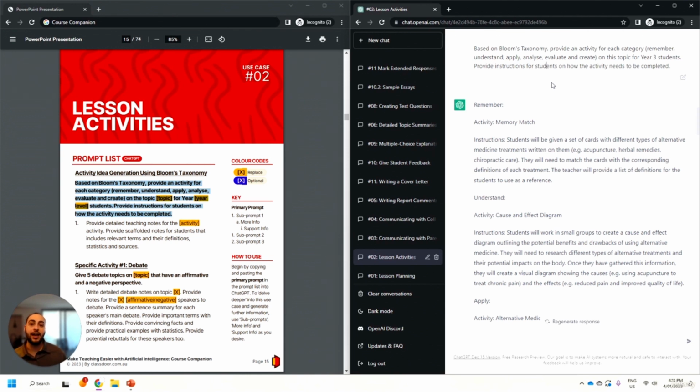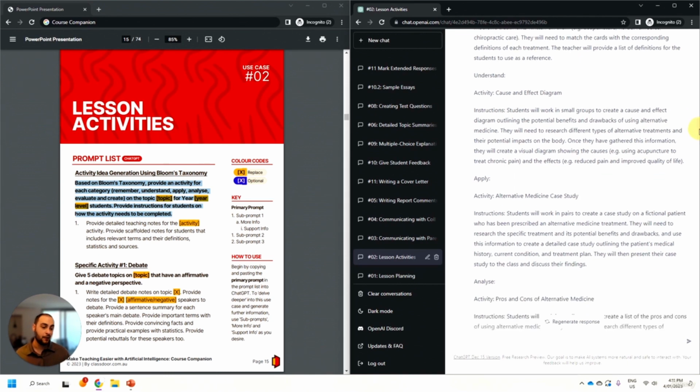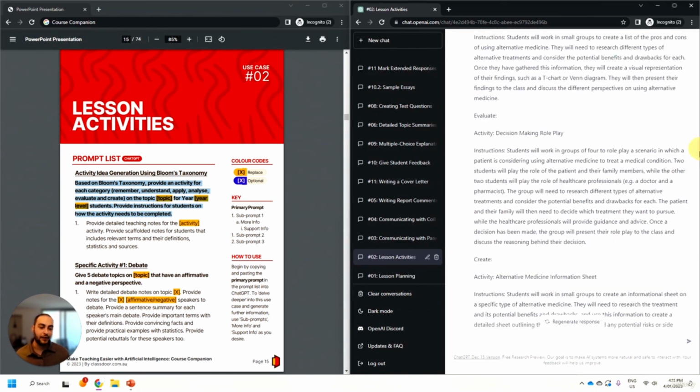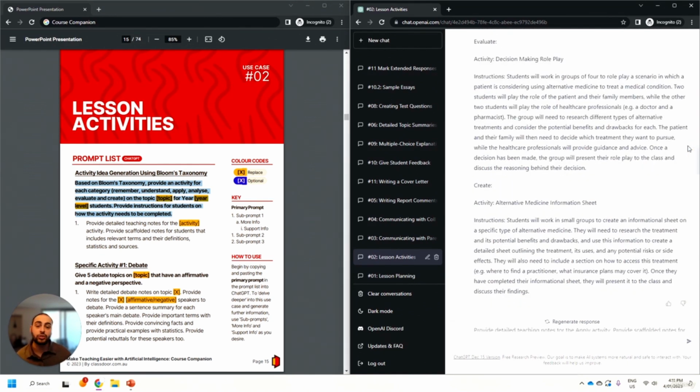Here I've got it to generate a series of activities for year 3 students on the topic of healthcare, which came to mind. So here we can see that for the remember activity, we have a memory match task. We have an activity for understand, for apply, for analyze, for evaluate, and to create, with instructions on how to do each of those. Really powerful stuff for you as a teacher, but to also even support an education assistant or even provide feedback to your parents on what their child has been working on.